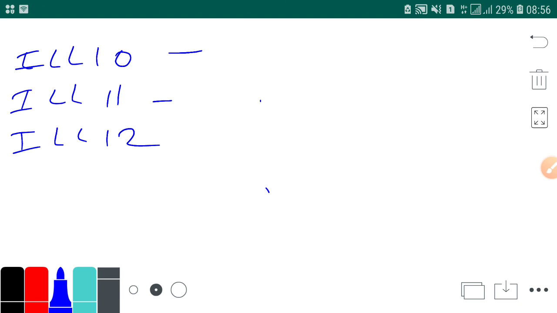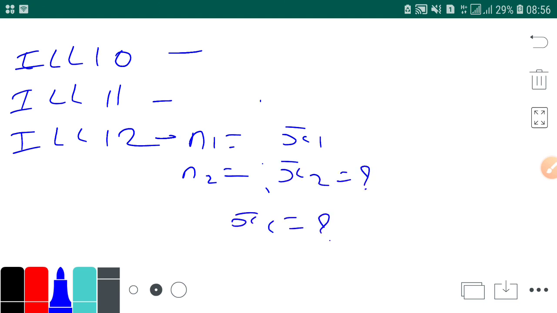You can take 5 and 10. If you want, you can take 1 as x and 2 as 2x. Yes, you can take a and 2a. Okay, anything, but make sure that proportion should be same. If you are taking any digit, make sure that proportion should be same. And then we have done illustration 12. In illustration 12 n1 was given, n2 was given, x bar 1 was given,